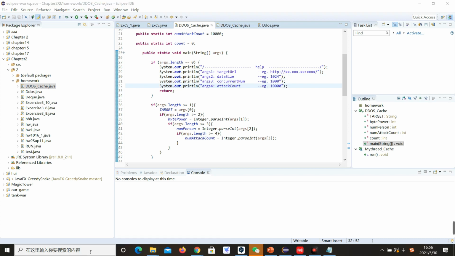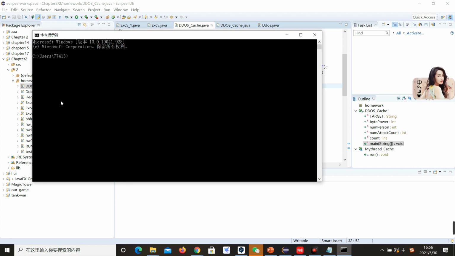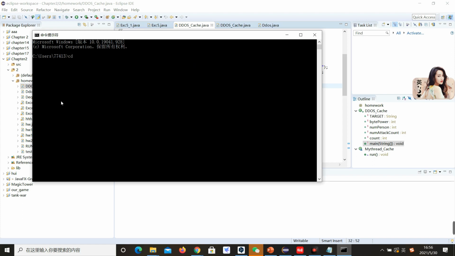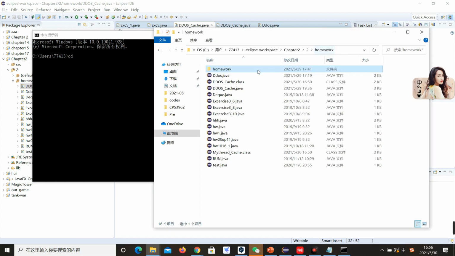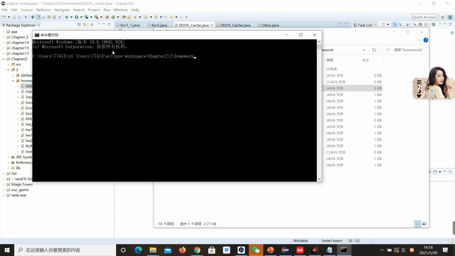We have to open the CMD first, and then run the code on the CMD. Firstly, we have to go to the Java files place. The place is here. This is our Java file, and then copy it here. We go to the homework file,